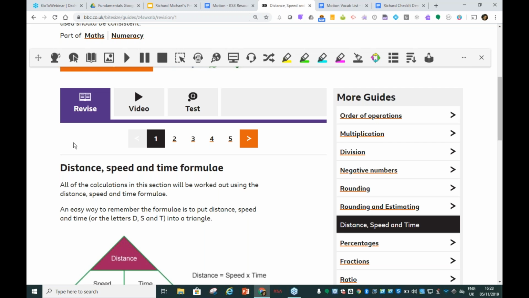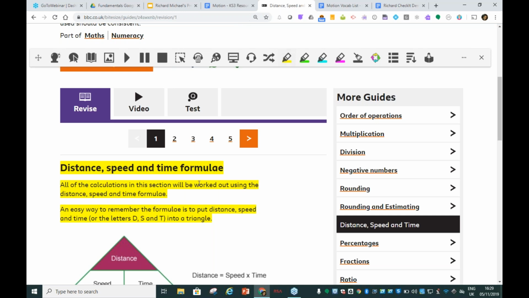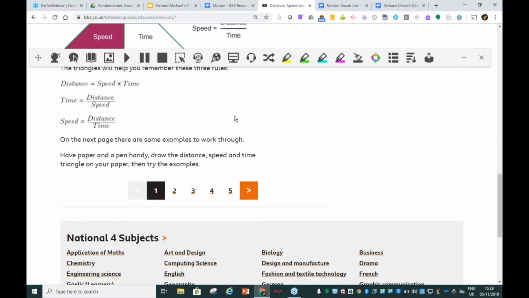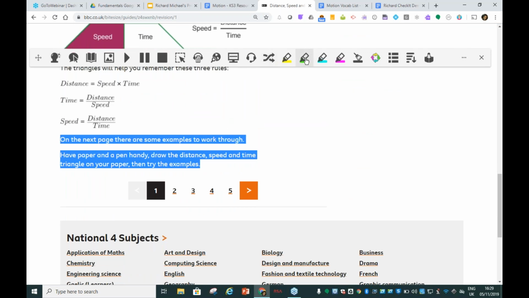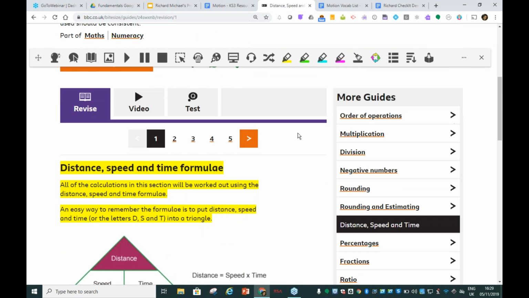Now, one of the other reasons I wanted to take you to a web page today is to show you how we can capture text. If we are carrying out a research project for speed, distance, time, we can use the highlighters here to capture this from a web page. I'm going to keep going with my research here, and I've highlighted a couple of sections of this page using yellow and using green. Now, if I wanted to have this placed into a new Google Doc at the start of an assignment or at the start of a draft of an assignment, all I would do is simply click